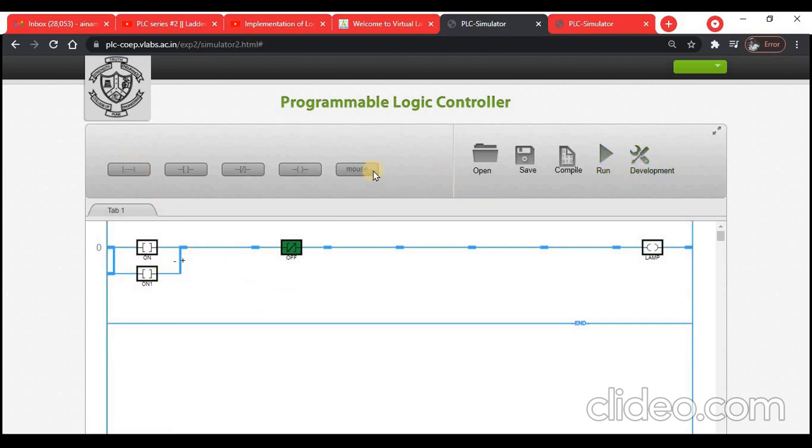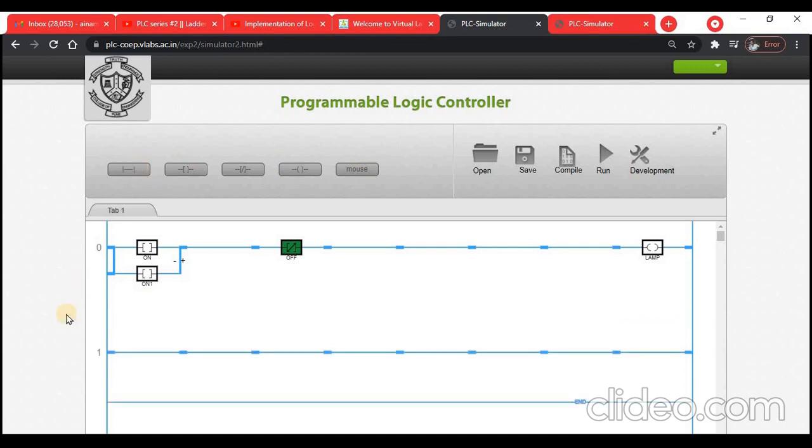Just go to development, go to mouse, then add rung. Then you can add an output here.